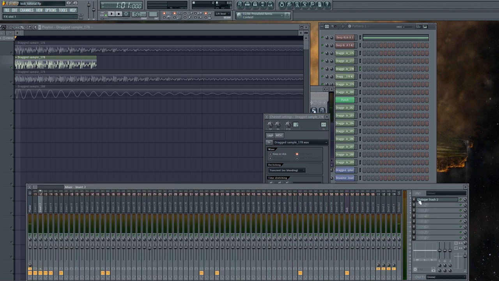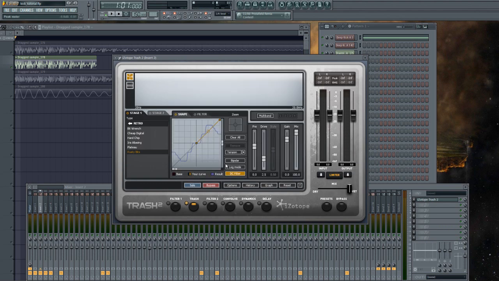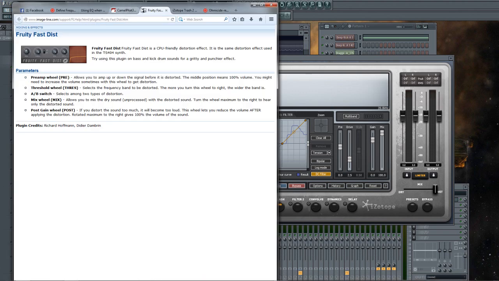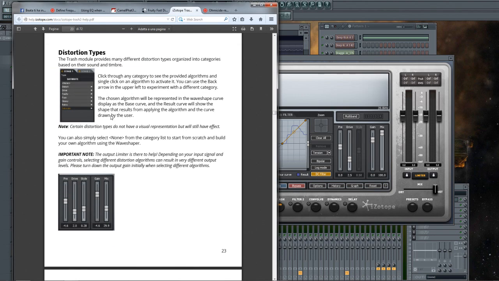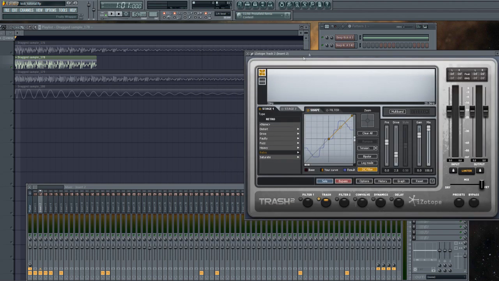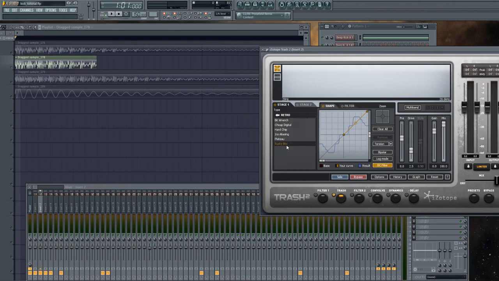And this is from the 2. I've used the Rusty Beats distortion, which I really love very much. And let's talk about the iZotope Trash 2 plugin. It's a multiband distortion plugin, which means you can distort every band. And before I say something wrong, let's go here, okay. We have different distortion types. We have distort, drive, full, diffuse, heavy, retro, and saturate. And when we go in retro and choose Rusty Beats,